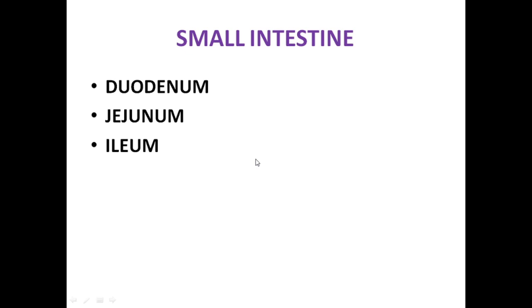Then we see about the small intestine. In small intestine we have three slides, or we can describe it in three parts: duodenum, jejunum, and ileum. Again, all three parts will have a common structure, that is mucosa, submucosa, muscularis externa, and there will be presence of either serosa or adventitia. Mainly there will be presence of serosa in most of the part. Only in the first part and the fourth part of the duodenum we will have serosa, because they are fixed part, they are retroperitoneal part, and also the second part is retroperitoneal.